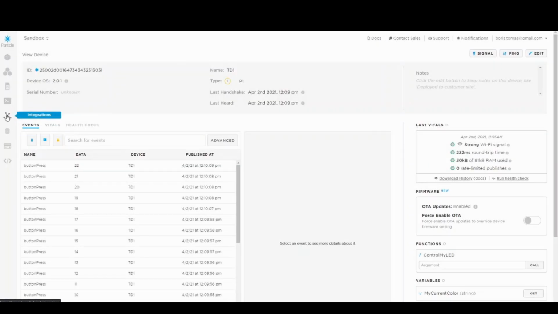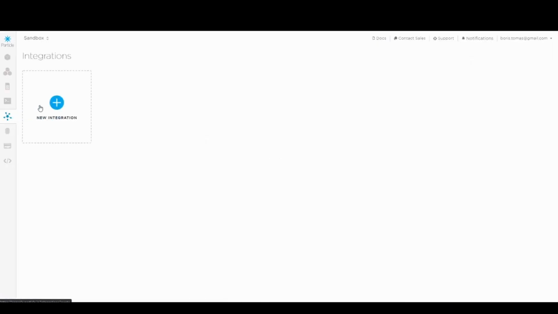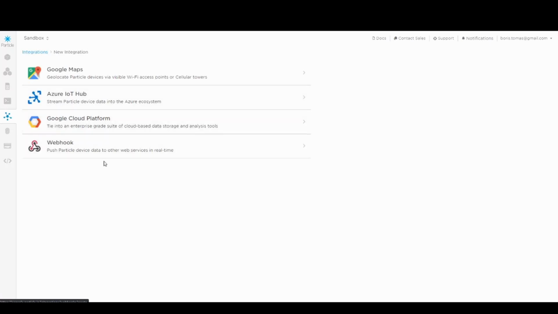So this is how you publish an event. And you might wonder, okay, I have the event, but what can I do with it? Well, it's a very, very cool thing here. If you check it on the console, you have integrations, and you can add a new integration, just a simple webhook,